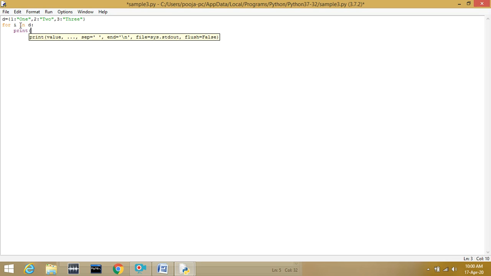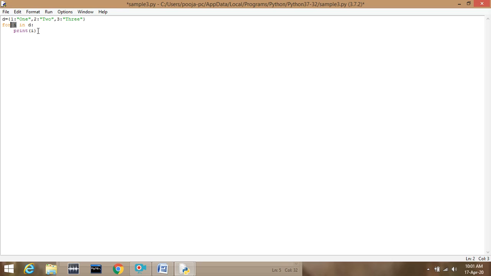What if I will use this loop variable I? If I will write I inside this print statement, what will happen? Remember one thing, whenever you are traversing dictionary using for loop, that loop variable will traverse keys in the dictionary, which means I is your loop variable. All the keys will be stored in loop variable one by one. At a time only one key will be stored.